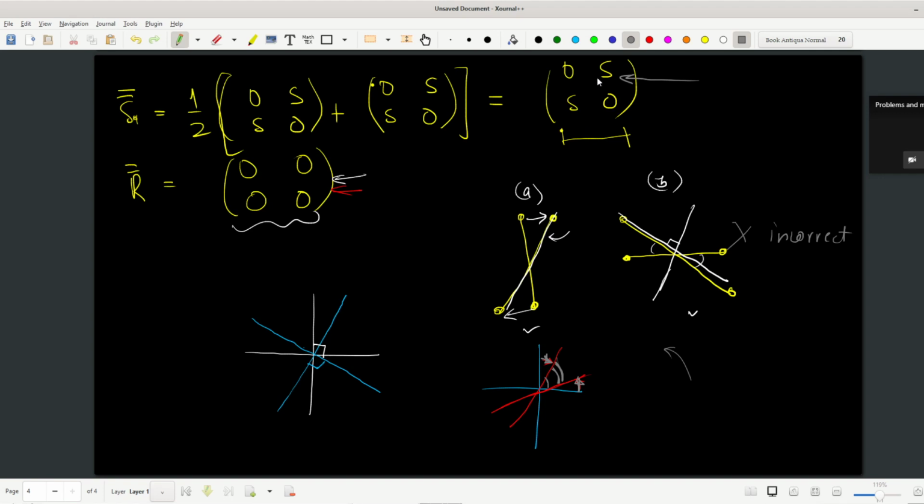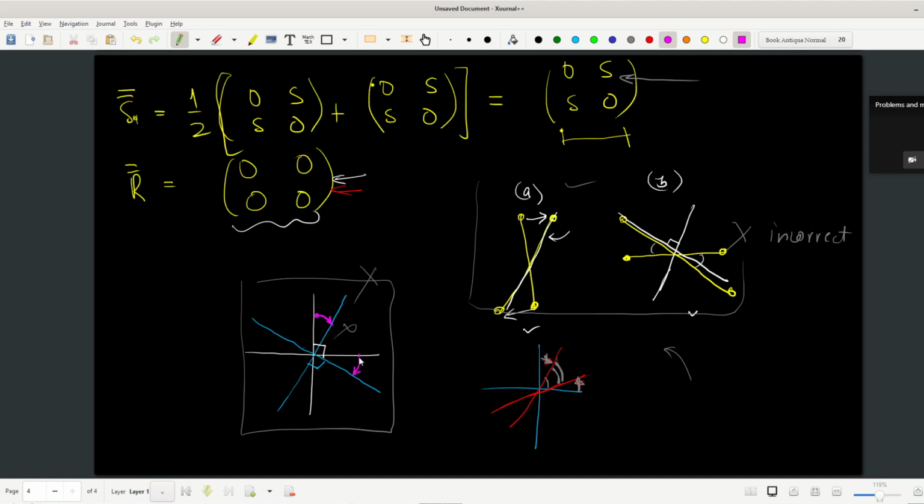I hope you understood that the earlier explanation was incorrect. It was wrong. This entire thing was wrong. I mean, this was correct in a sense, but this was wrong. In this particular case, it will actually have a rotationality. Why is that? Because this is rotating by this angle, this is also rotating by this angle, and both the velocities are in the same direction. That's why it will have some angular velocity. This will not have any angular velocity, and hence it has no vorticity. All right?